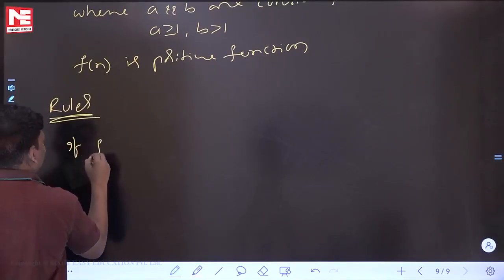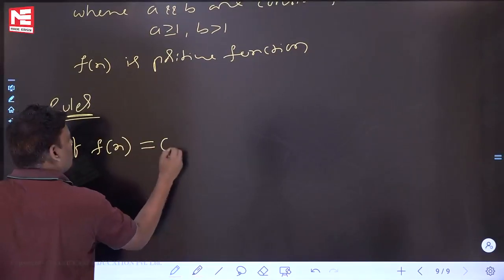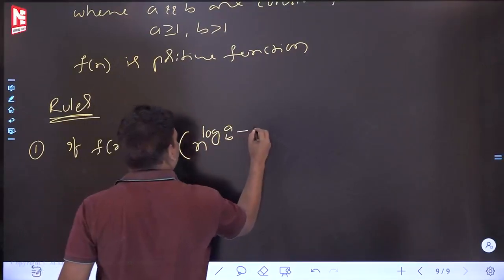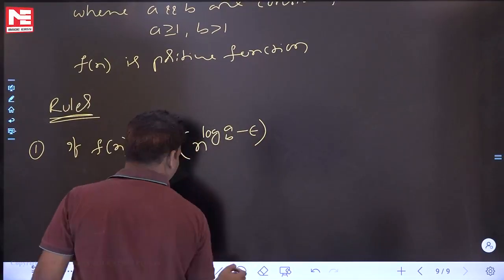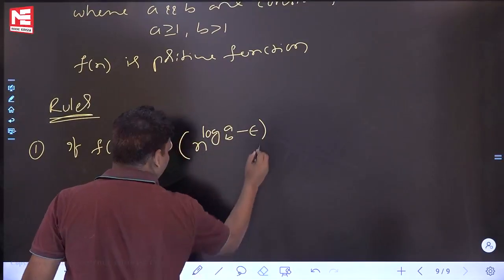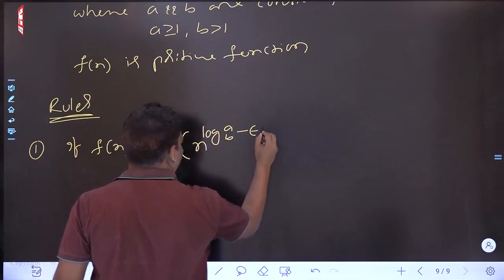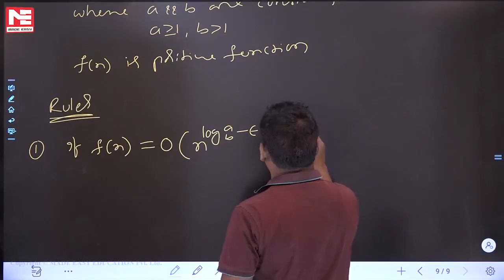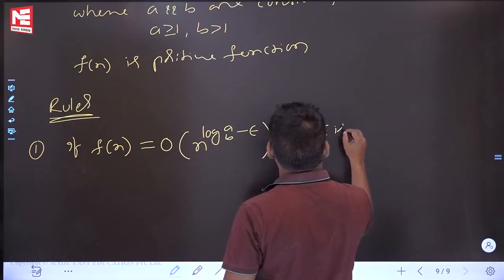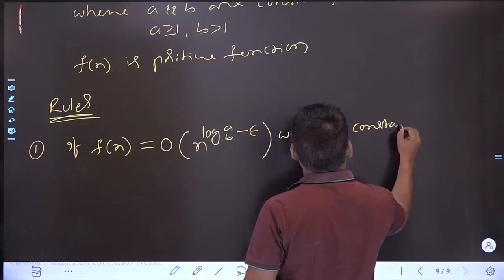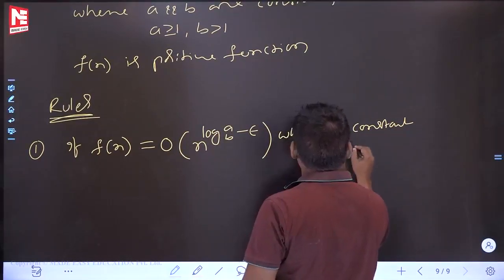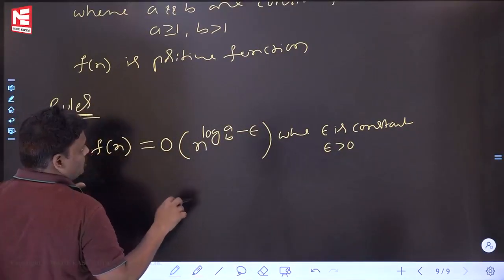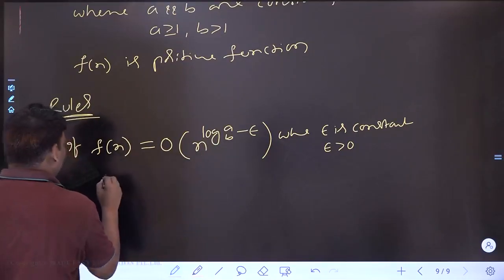If f of n is equal to big O of n power log a base b minus epsilon, where epsilon is constant and epsilon greater than 0, right? If f of n is big O of n power log a base b minus epsilon, where epsilon is a constant greater than 0, then